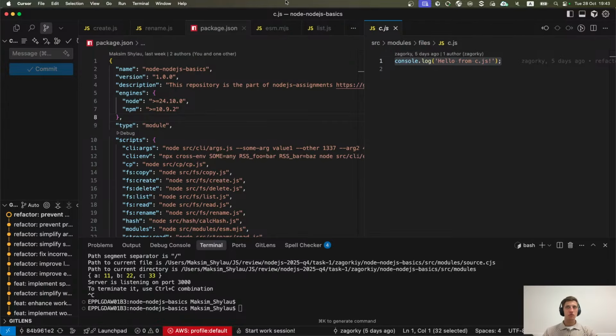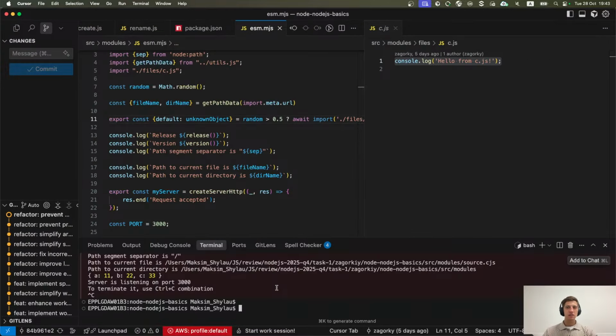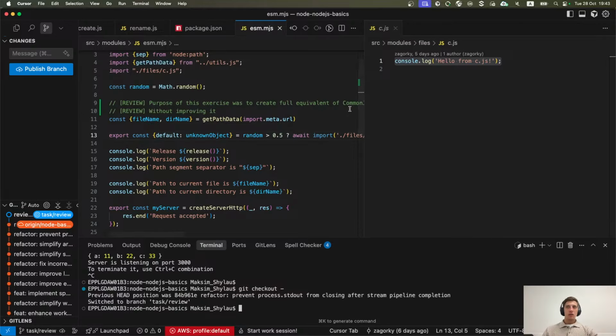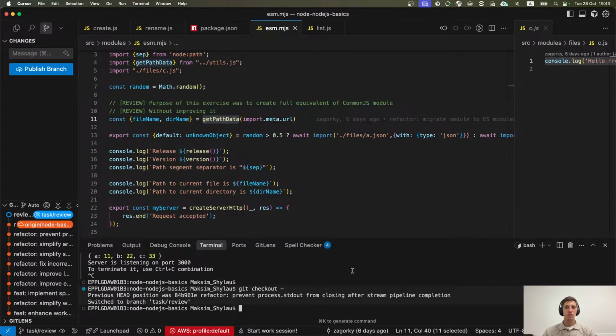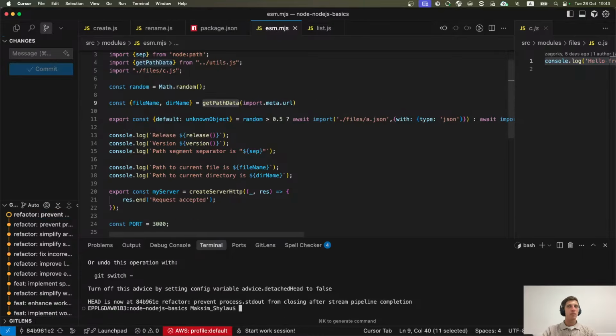Minor suggestion from my side is to not use helper functions here, because you have files that contain all necessary logic inside of them, so probably you shouldn't use external util functions here, but it's minor.